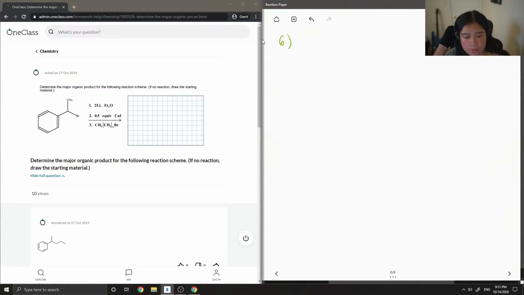Determine the major organic product for the following reaction scheme. If no reaction, draw the starting material. So we have this phenyl group that has a methyl and a bromine attached. Let's do this step by step. So the first part has 2 lithium,